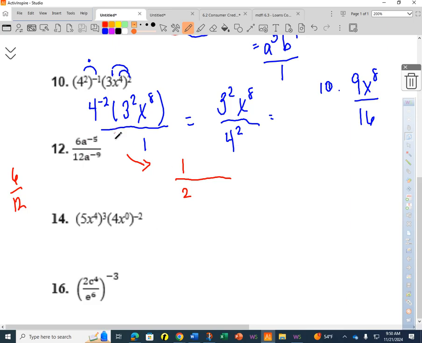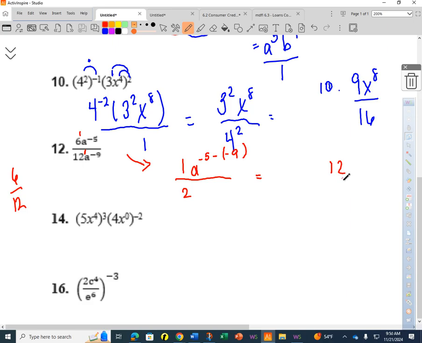So we have a fraction already, so I'm going to keep a fraction for now. The next thing I'm going to do is divide like bases. So 6 and 12 don't have like bases. That was 6 to the first power, 12 to the first power, not like bases, but we do know how to simplify that fraction. Now, a to the negative 6th and a to the negative 9th, those have like bases. To divide those, the shortcut is to subtract the exponents. So a to the negative 6th power minus the negative 9th power. It's not minus 9, it's minus whatever this is. If this is a negative, if you do that on your calculator,